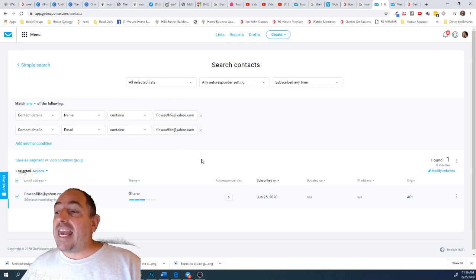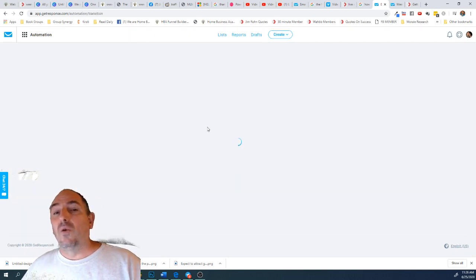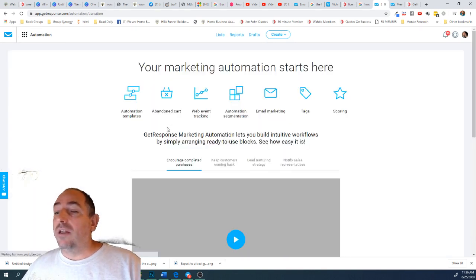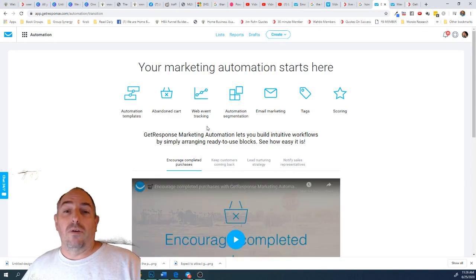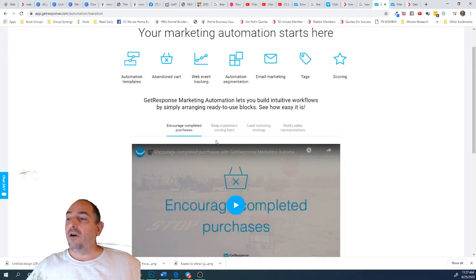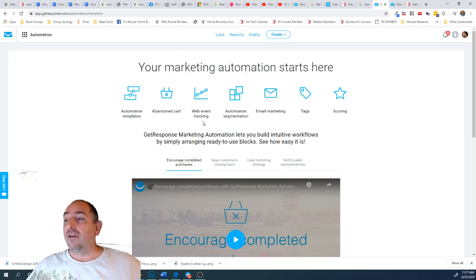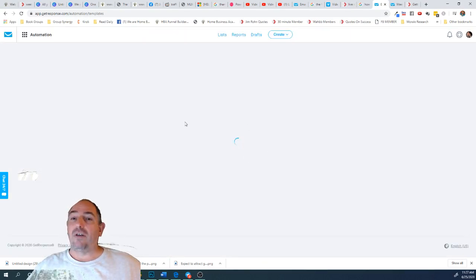Now, you can do this a different way. This is the manual way. You can come in here and do automation. This is a little more technical, but this will do a lot of stuff quicker for you. I don't know exactly how you would set this up for this because there's no real automation process for this, but I do think if you worked through here long enough, you could do this. However, this is an advanced product, and in order to start your workflow, you have to upgrade your